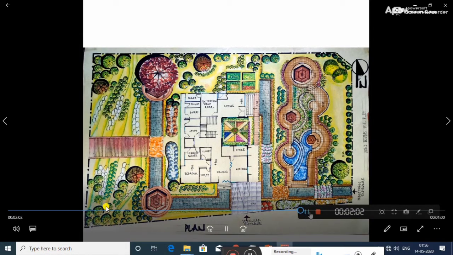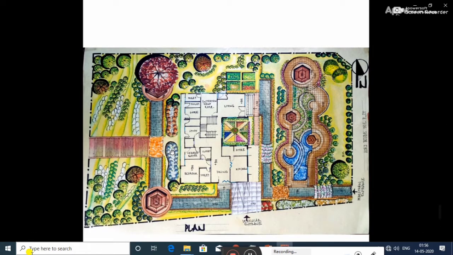The level difference between this part and this part over here beside the pathway is 6 meters. So I have treated the contour with steps. There are 40 steps to get to the bank of the river. There are two gazebos to enjoy the river view over there, and this pathway leads to the gazebo from the side entrance of this house. There is a parking for a 4-wheeler and a 2-wheeler.